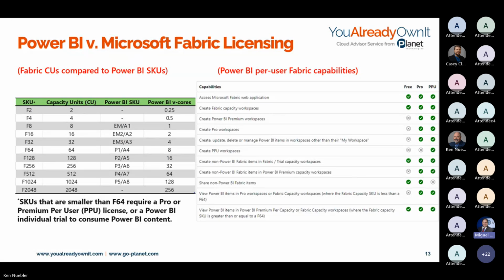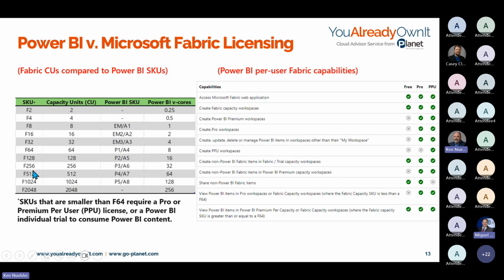The pricing, I will be honest, the pricing for an F64 is a little bit more than the P1 was before. Remember, P1 was dedicated just to Power BI. Now with Fabric, you have all the capabilities, all these other Azure things as well. Whereas before, I would have to go purchase those and configure those and integrate those with my Power BI Premium capacity that I had before. That's why you see that difference in price. That's a big difference, a huge thing. So just again, make sure we have this understanding around the licensing and the capacity.